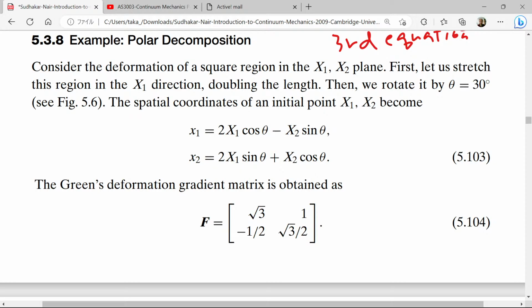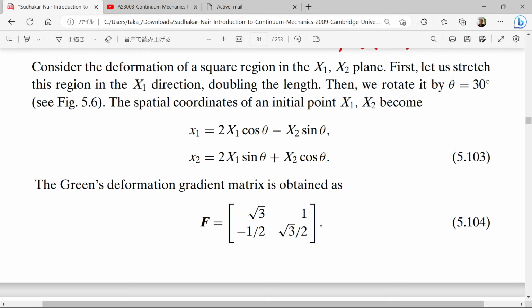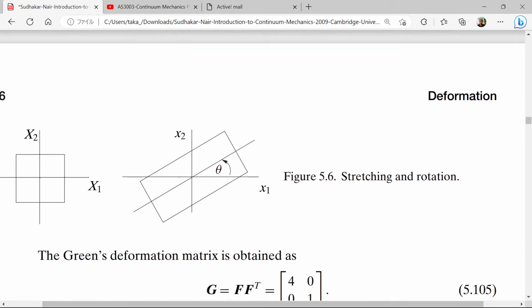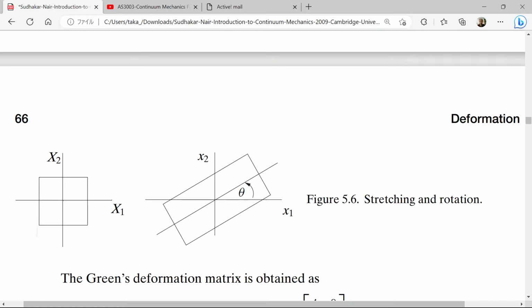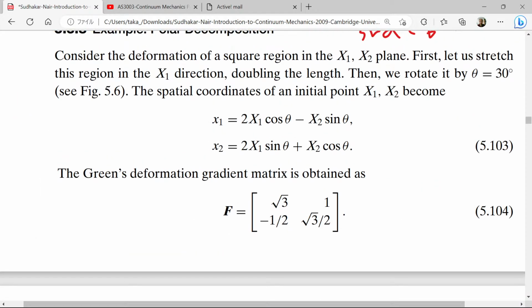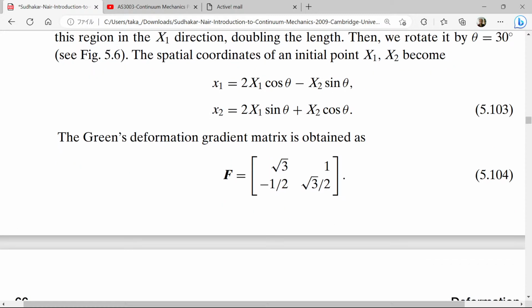Maybe okay. So you just stretch. There is a figure, right? Okay, let's see. Here you stretch, then rotate. Okay, so the Green's deformation gradient matrix is obtained as,